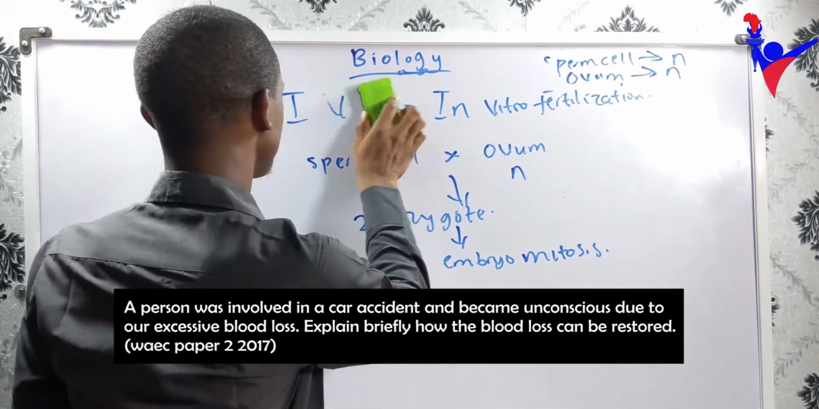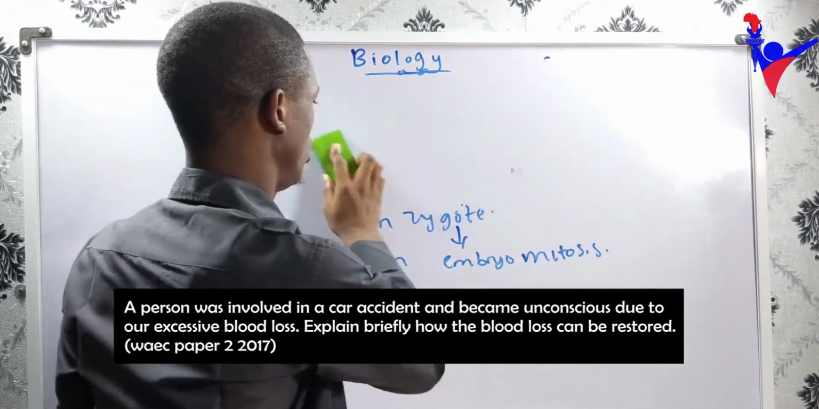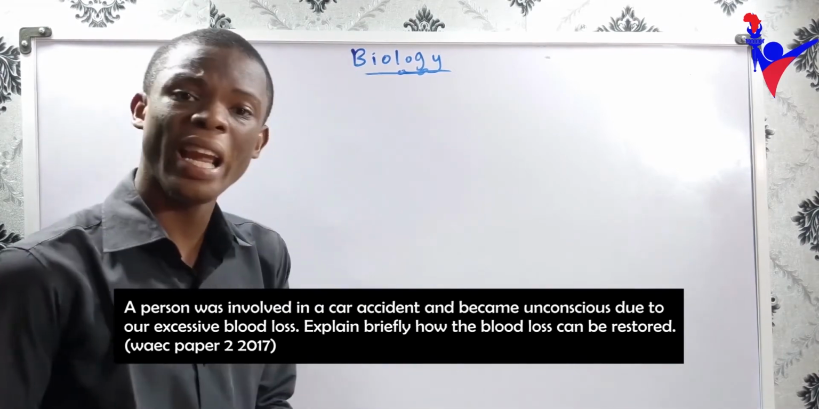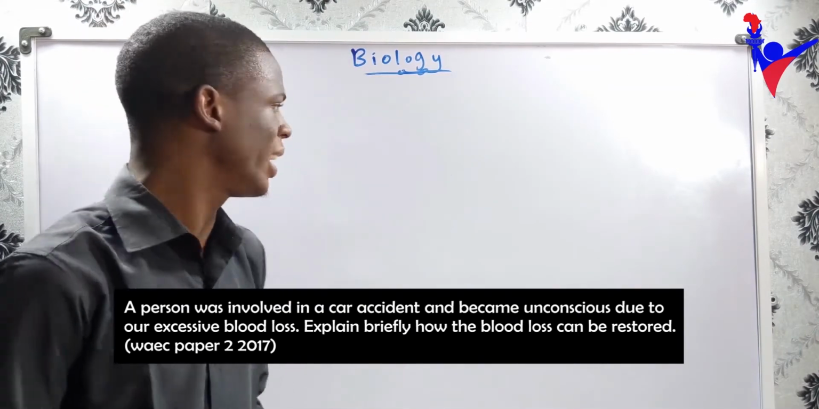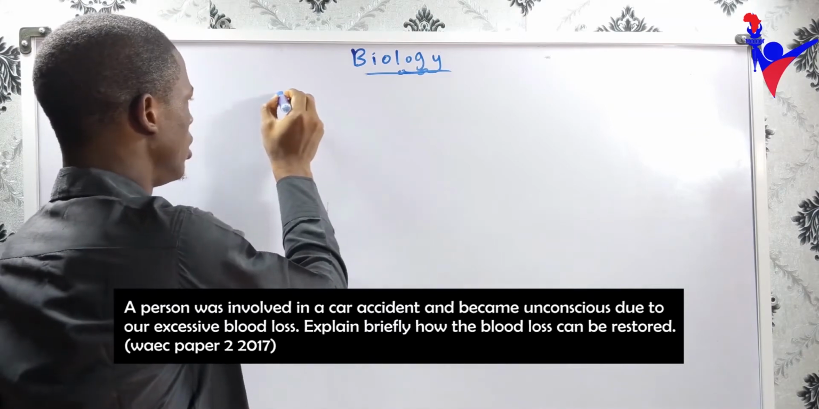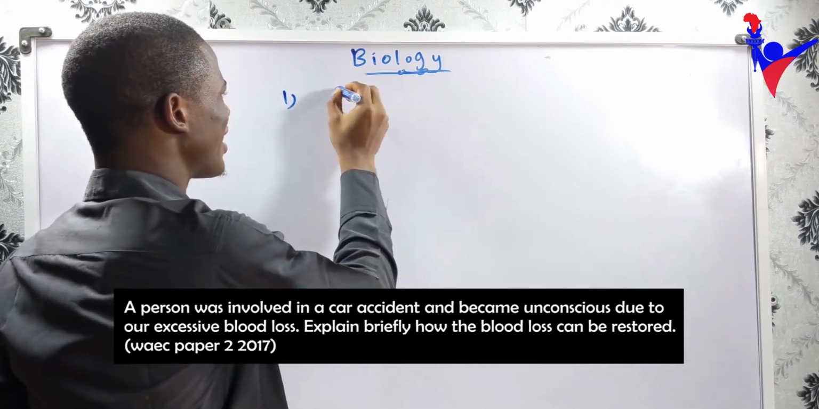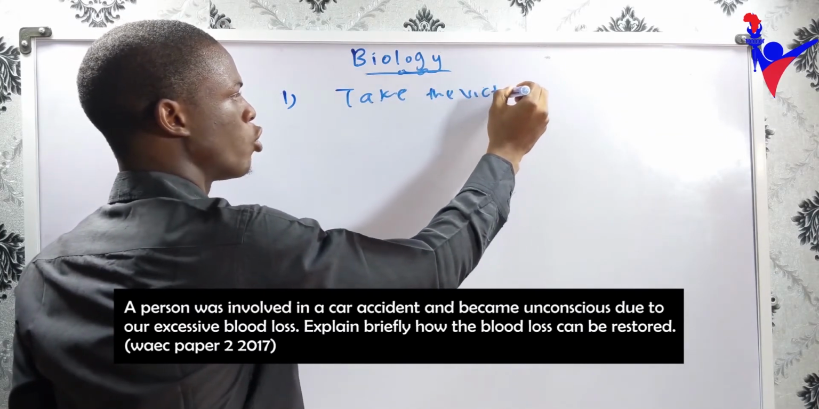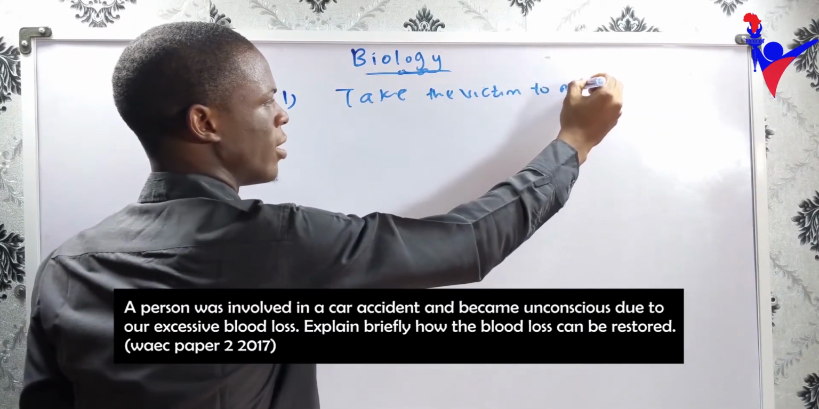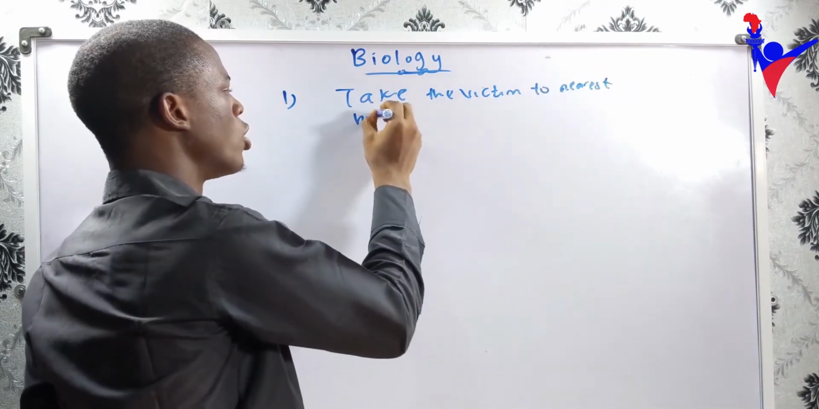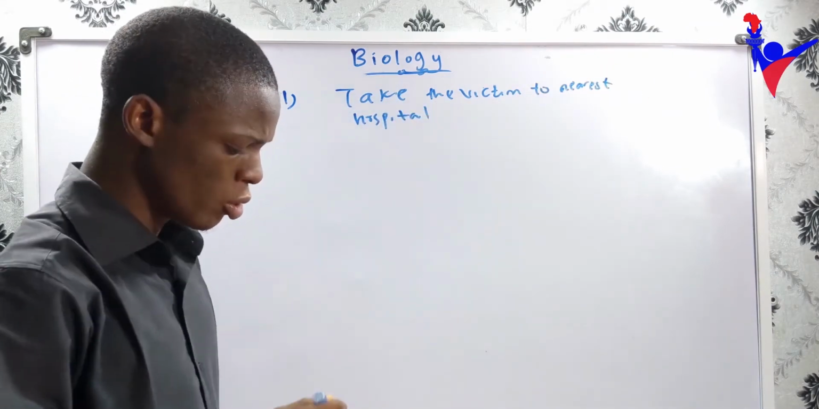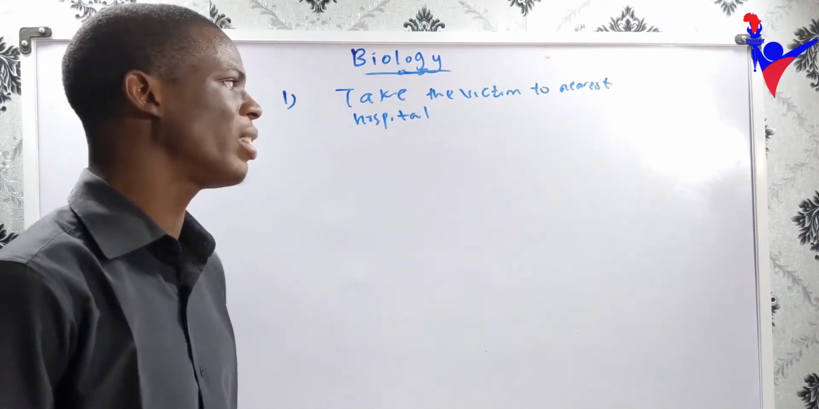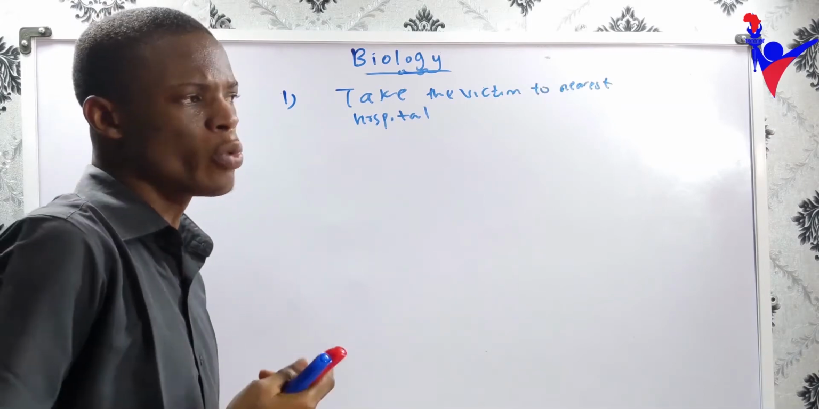I rub the board. So what you need to do in this kind of situation is not just to panic. The first thing is you take the victim to the nearest hospital, and in the hospital, to salvage this, what must be done to restore blood loss is